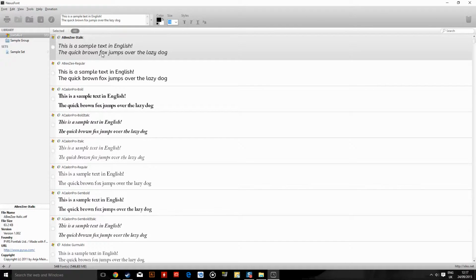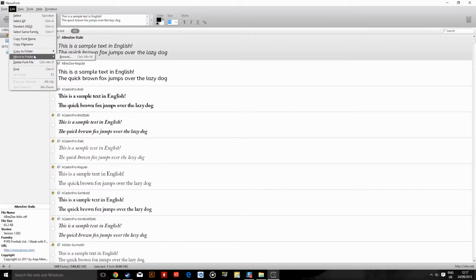So in this software, for example, I can click and either delete a font. I can create a folder and say I want all my sans serif fonts in one folder, and then all the, I don't know, script fonts or what have you in one folder. I can organize it so that they are all in their own separate folders, so it's easier to find out which is which. I can hide a font